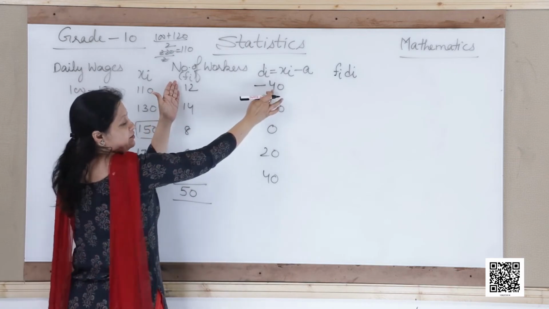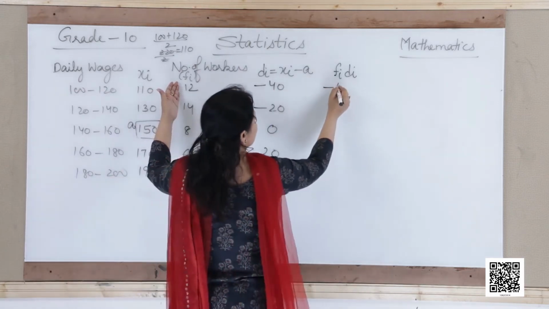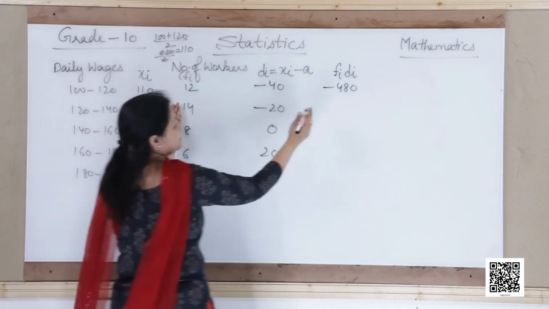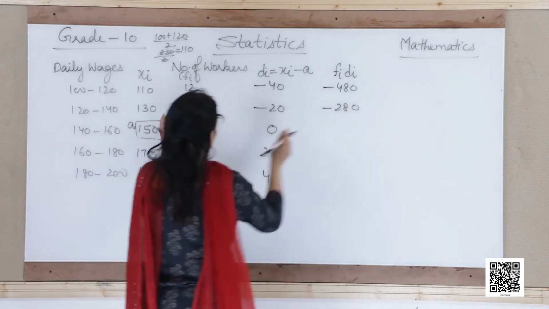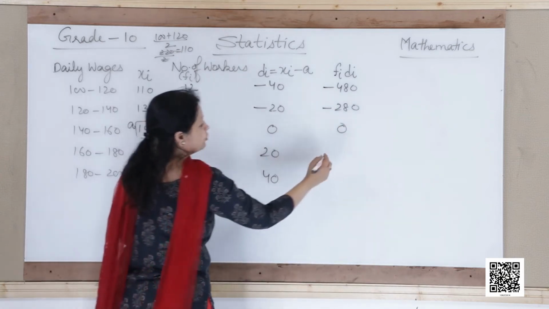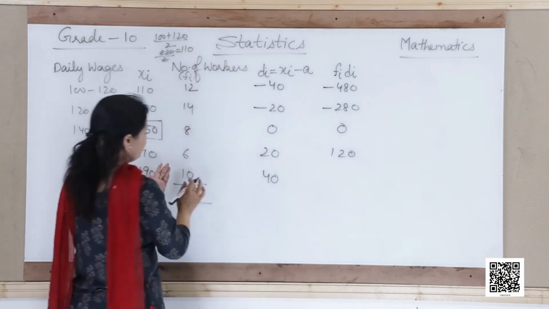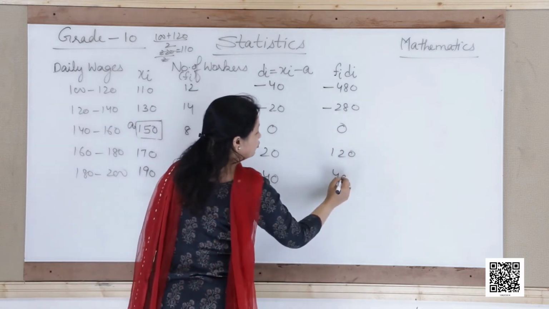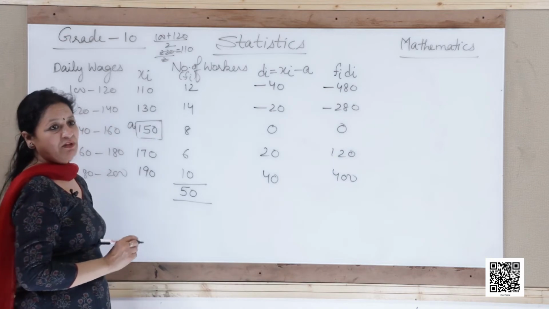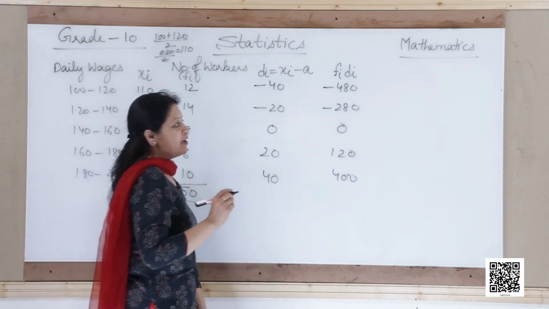12 fours are 48, so minus 480. 14 twos are 28, so minus 280. 8 into 0, 0. 6 into 20, 120. And 10 into 40, 400. So we have got fi into di. Now, mean to find out from